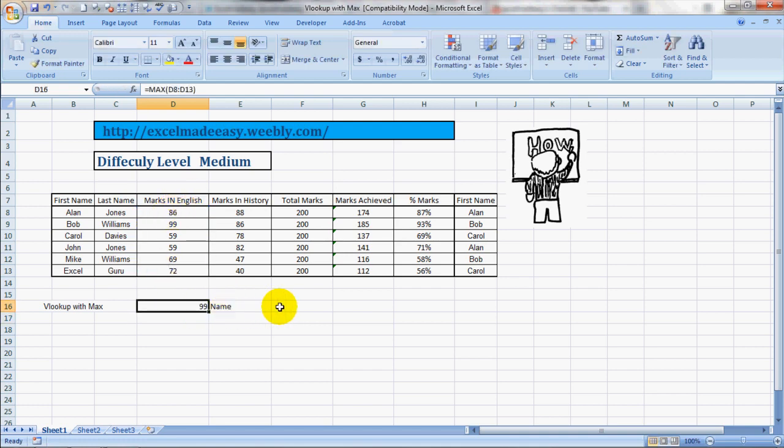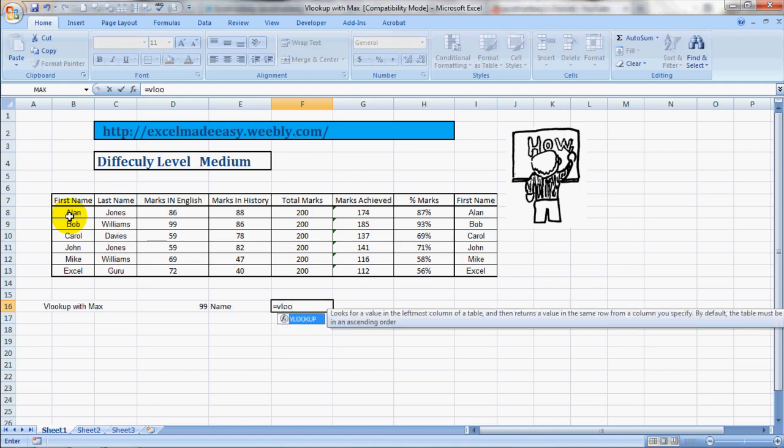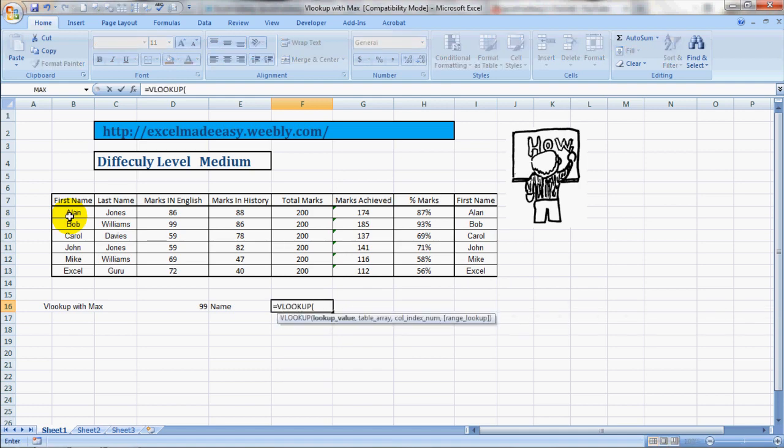Now based on this we want to find out who achieved these marks, so we can do it with VLOOKUP. So here are the names of the people. Let's see how it would be able to pull it up. So we'll copy this over here. I'll copy the names over here. So now I'm going to use VLOOKUP. Now something important, bracket open, MAX, bracket open, select the condition